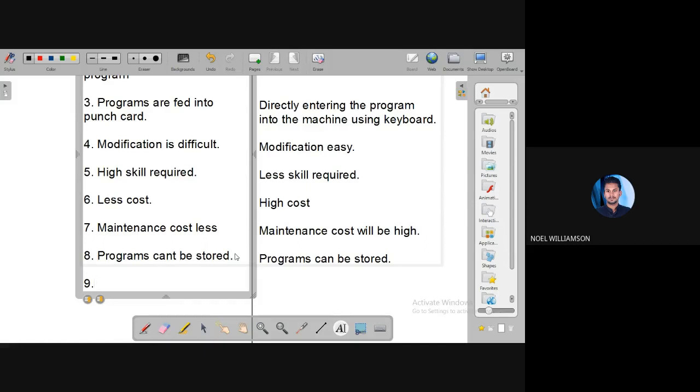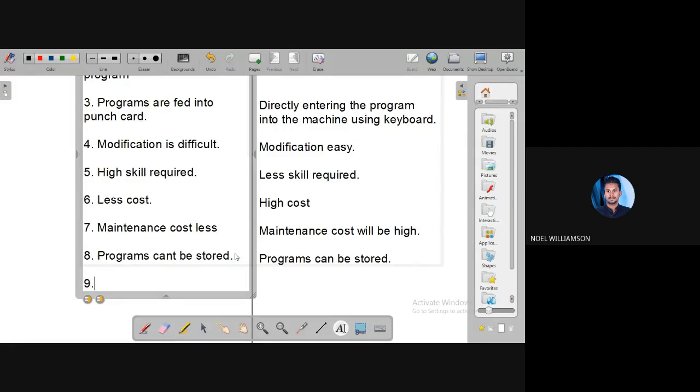Suppose you are producing it for 1 year, and after 1 year you need to change the dimension. Changing the dimension means the total program should be changed, the tool movements should be changed, everything should be changed. If there is a provision to change it in an easy manner, then we can call it much more flexible.